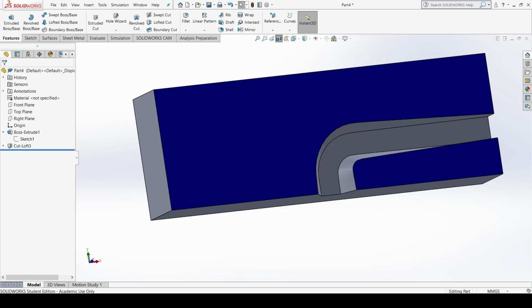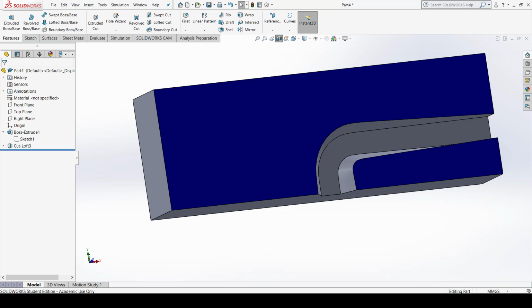Okay. Second type by which you can apply the loft or loft cut command is that you have to define the profiles, and then you have to define the guide path along which the cut will propagate. So you have to create a guide path first, and then define the profile, and then apply the command. Okay. So the third type of loft and loft cut applicability is that you have to provide the profiles, or you can say sketch profiles, plus along with your centerline parameter. So this type of loft cut is applicable when the planes are at 90 degrees, so that your profiles are at 90 degrees to each other.